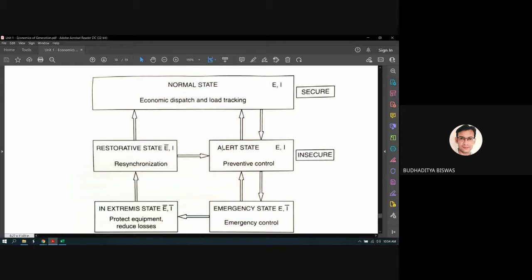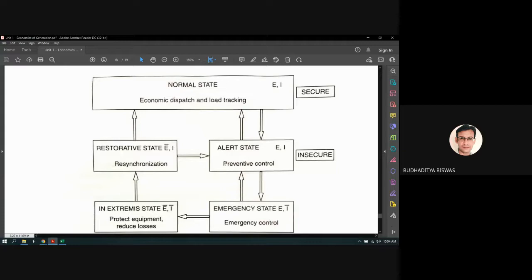But the signal can be given instantly, while executing this signal takes some time. Suppose your SCADA system or the main control system said that the unit is generating more, it may go beyond the limit, so we need to decrease the generation. How to decrease the generation? Only one method is there. We need to control the steam valve, and if we just arbitrarily control the steam valve, then the steam pressure may become very high, a blast may happen, so we need to decrease the temperature and control the steam valve carefully. So just executing this process, some time is needed.